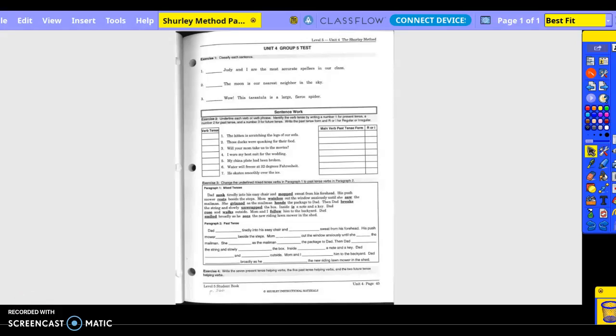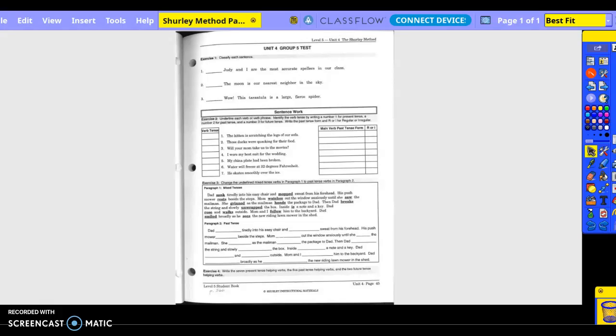Okay, 5th grade, Shurley method, page 45, part 2. We're going to do exercises 2 and 3, and then 4 as well. Okay, so underline each verb or verb phrase. Identify the verb tense by writing a number 1 for present tense, a number 2 for past tense, and a number 3 for future tense. Write the past tense form